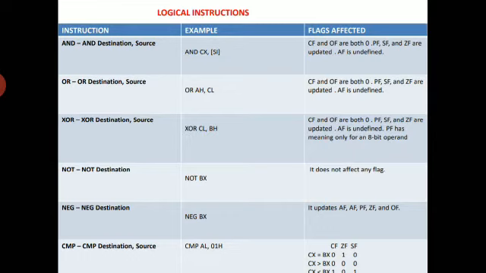Suppose I am taking AL equal to 03, what is the result? 03 is greater than 01. Okay, suppose I am taking CX equal to 01, then these two contents are the same. If I am taking a lesser value, the result becomes lesser. So we have to compare the two contents, and we have